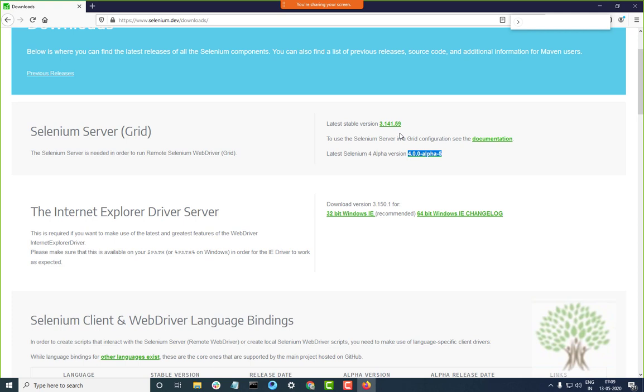You might not be able to understand. But the question with us is whether we'll go with alpha or whether we'll go with 3.141.59. There are a few bugs in this 4 version as well. But whatever are the commands in 3.141.59, 99% of the commands are working in Selenium 4 as well.